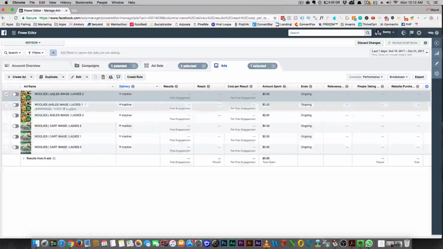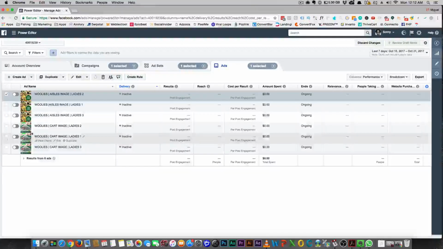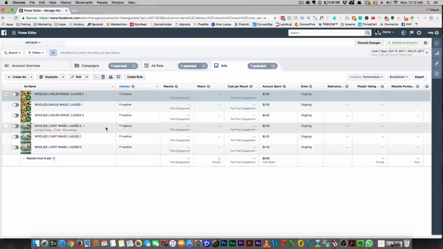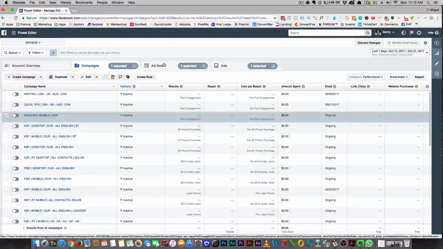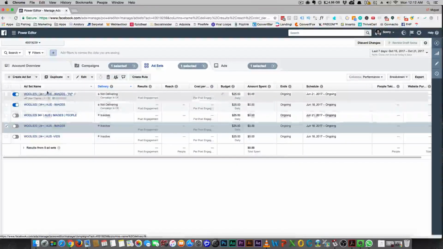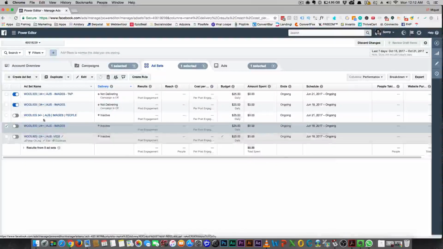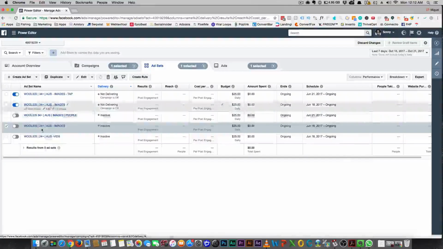Then you have to understand that you have to keep trying images over and over and over again. You have to keep throwing images out there. You have to keep throwing out different copy to the same group of people, and you'll start finding different ads that are working really well, other ones that won't. So you'll turn off the ones that aren't working, leave on the ads that are working. And so what you end up with, when you have a campaign, is, and you've noticed, I had $25 a day for each one of these winning ad sets that were working really well.